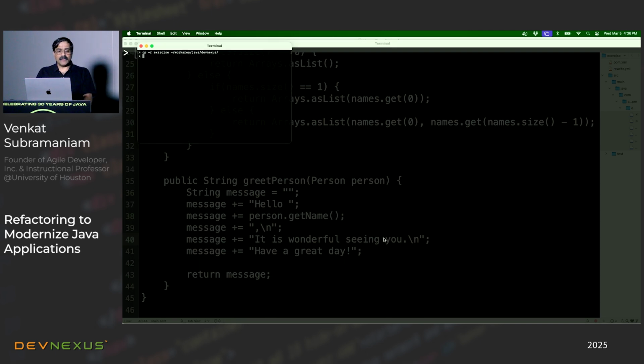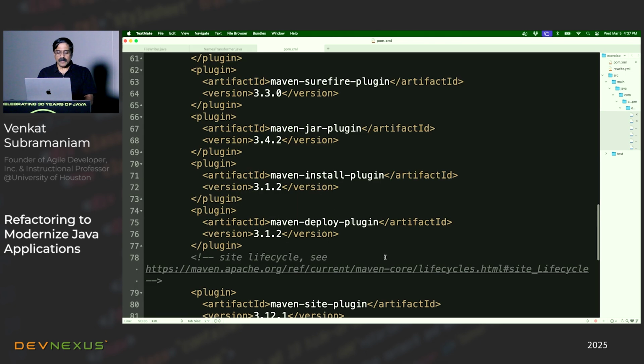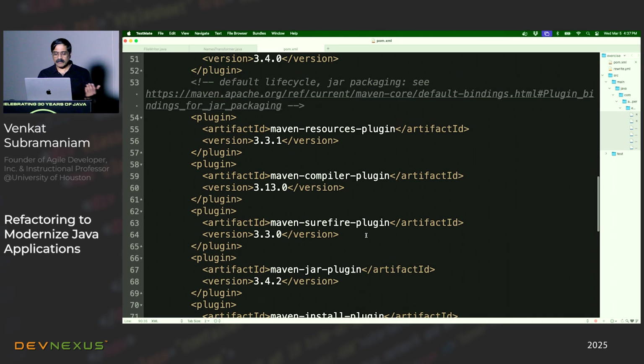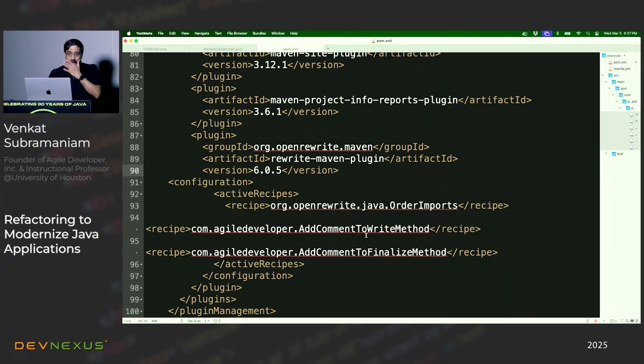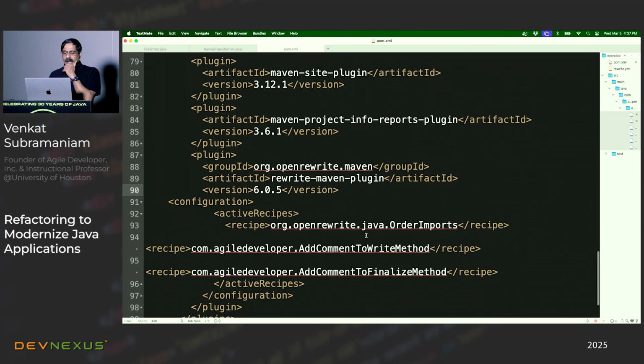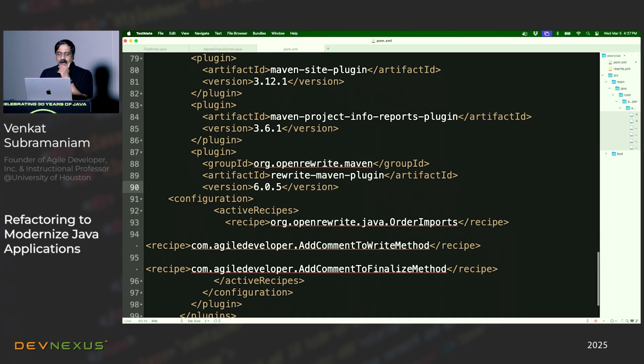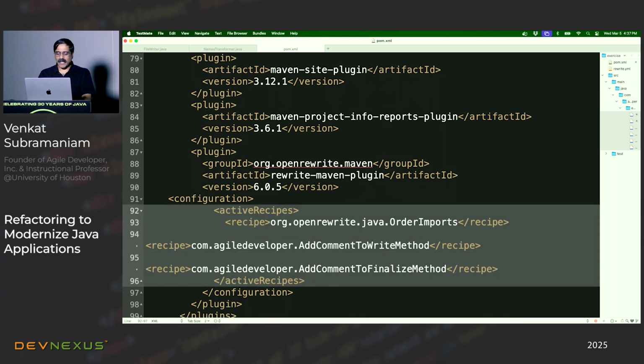So if you are interested in using this, the question really is, how do we benefit from this? I have a Maven project in this case. Let me just go over to show this POM file. When you look at the POM file, you can see this is just like any other POM file, nothing really exciting. In this particular POM file, as you can see, I already have brought in Open Rewrite. I've got a bunch of simple examples here, just to illustrate how you can bring in